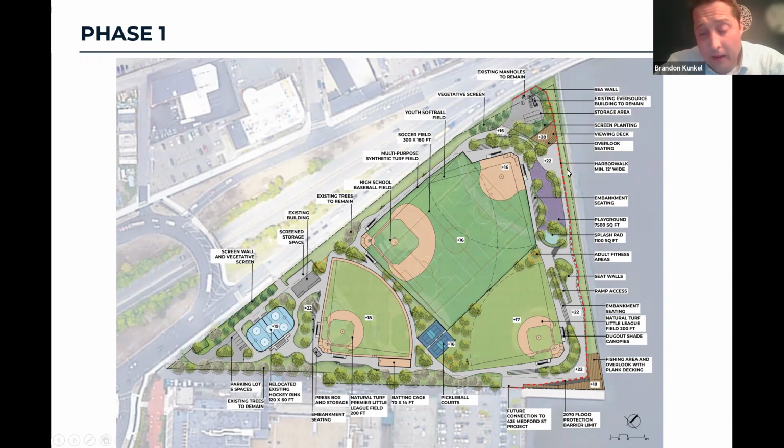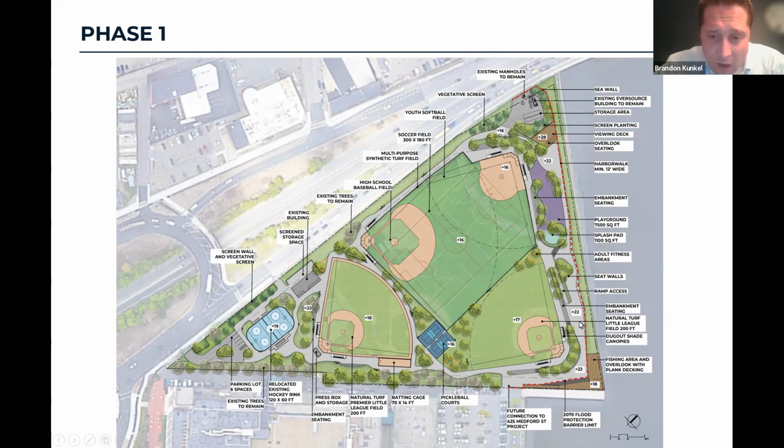So if we start down at the Flatley side, Gracie, you will be entering the park from Flatley at elevation 22. So you'll be coming up about 6 feet, but then you'll have the opportunity to transition and go down a slight ramp system or stairs. There will be both there that will bring you down to a lower viewing platform that sits pretty much where the existing boardwalk is today. So there'd be about a 4-foot grade change there. And then, as you move along from the Flatley side, back up the stairs along the harbor walk